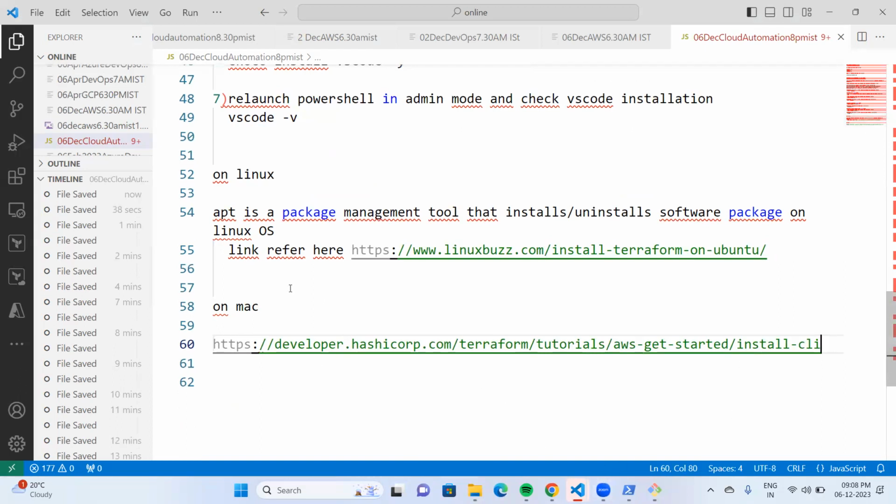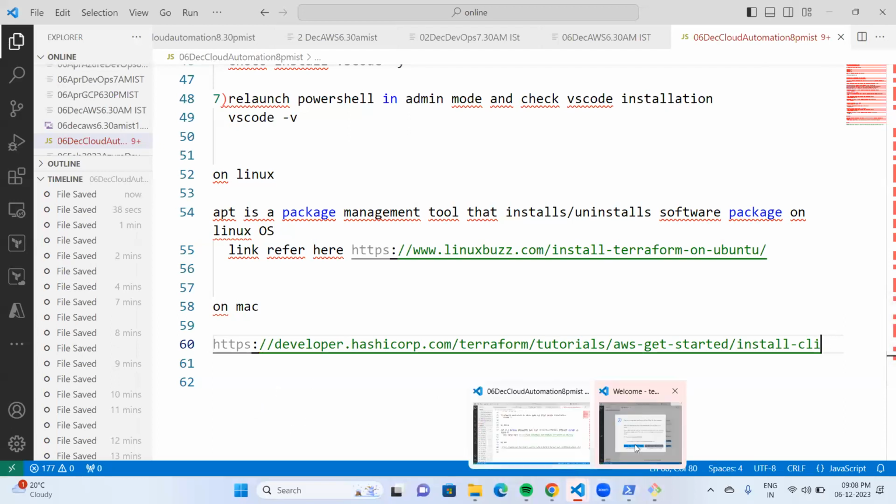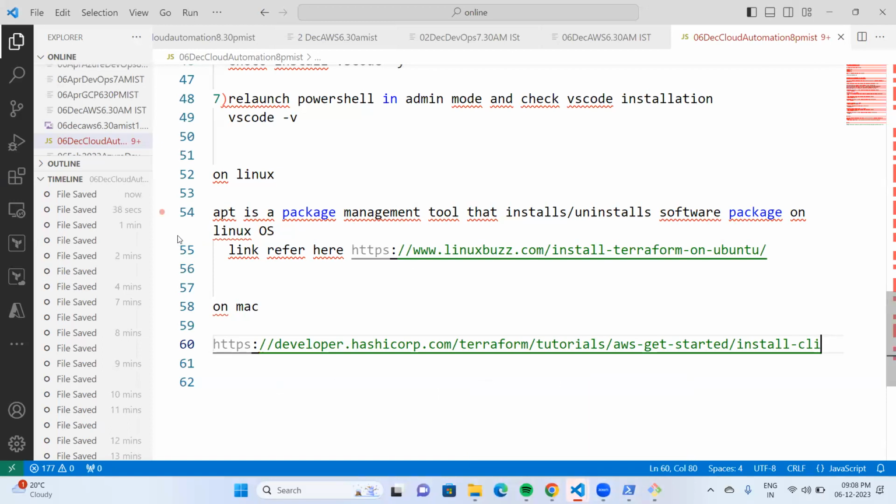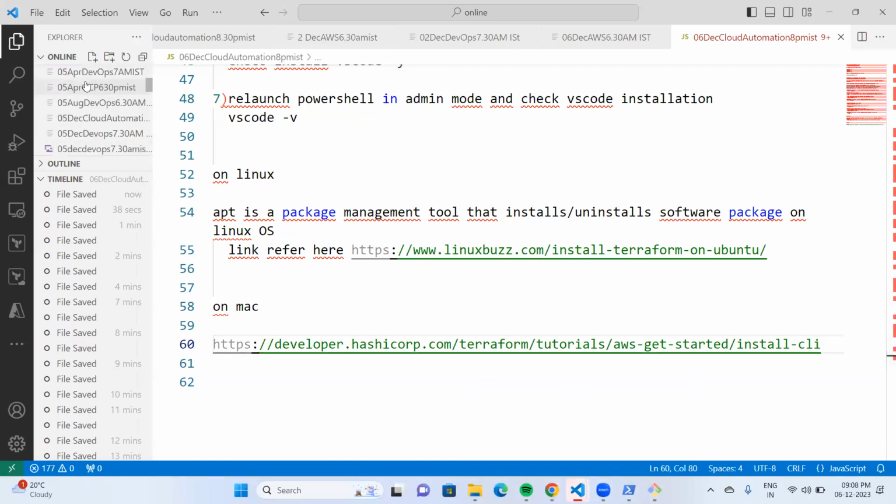Now, once you have installed Terraform, Visual Studio Code, Git, everything on your laptop or desktop, go to Visual Studio Code, and in Visual Studio Code, you have to install Terraform extensions. Terraform extension is going to help you in many ways. While writing Terraform scripting, it is going to give hints, it is going to perform auto completion, it is going to provide something like